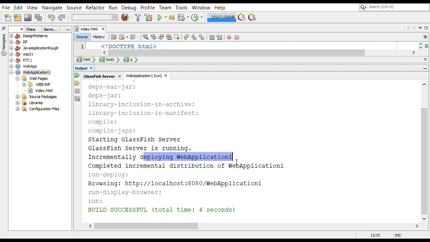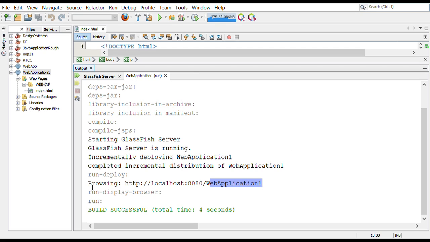Now the web application has been deployed on the application server, and after it has been deployed successfully, this URL, which is given here, http localhost, suggests that this resource is present on the local machine itself. Because our server and the client are the same machine. 8080 is the port number, and this is the application context.